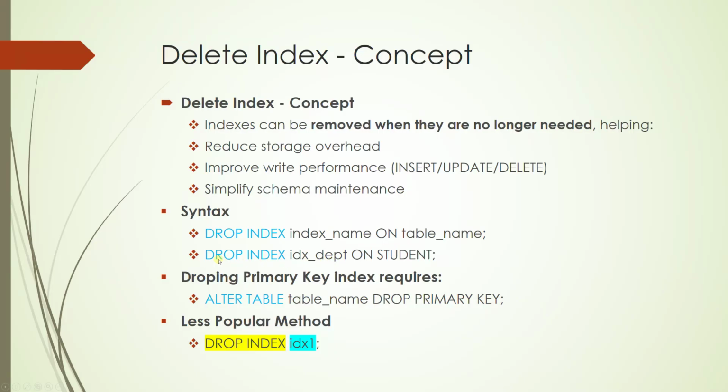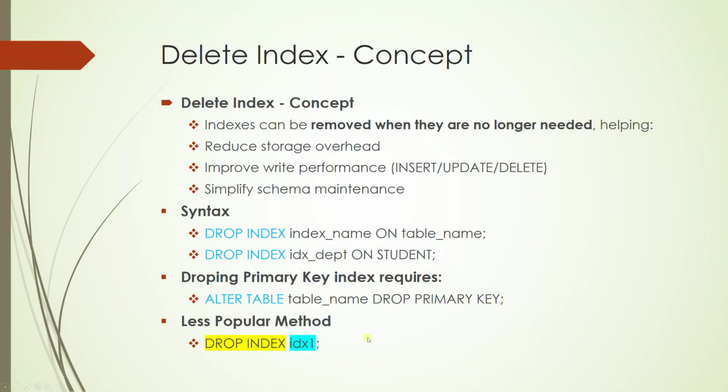So drop index, this is the name of that index, and it was on the student table, so it will be dropped. But we cannot drop the primary key constraint directly using drop primary key. It will not be dropped like this. So we have to use alter table and the name of the table, for example student, and drop primary key,